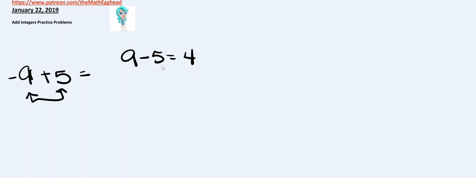But what I was saying before is that you need to be very careful when you do problems like this. Now, negative 9 plus positive 4 is the same thing as negative 9 minus 5, excuse me, negative 9 minus 5. They both equal negative 4. No, they don't. Actually,